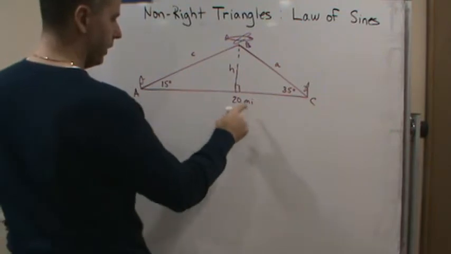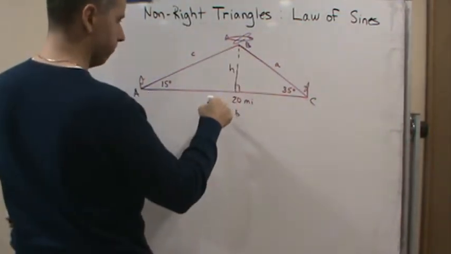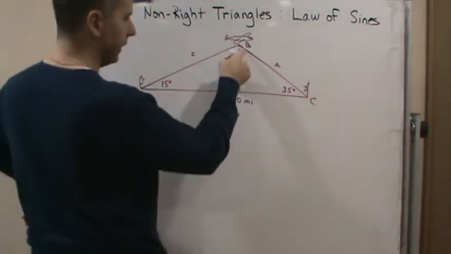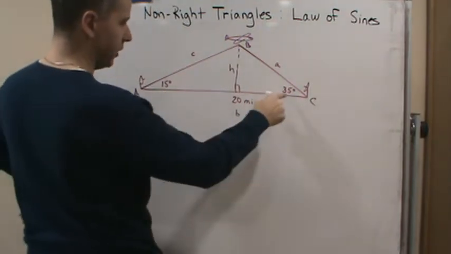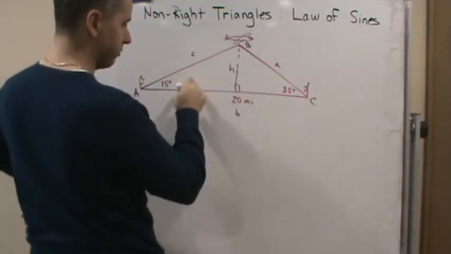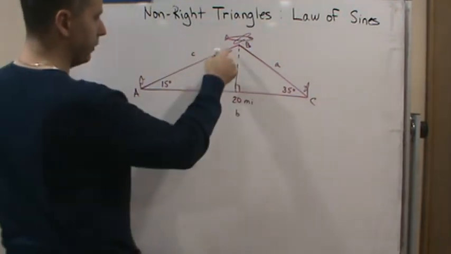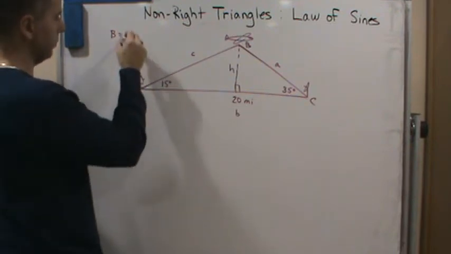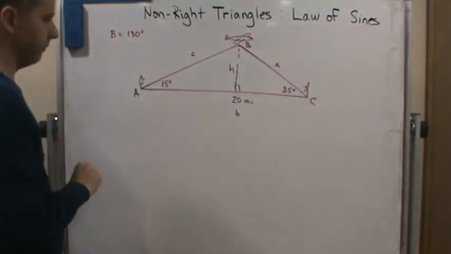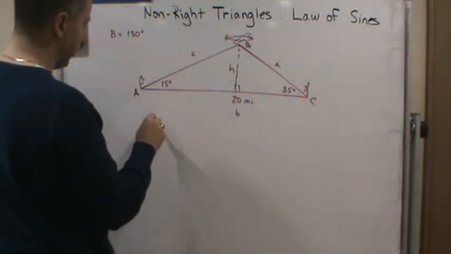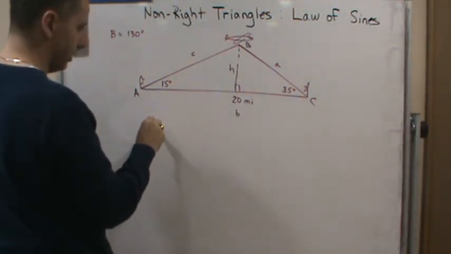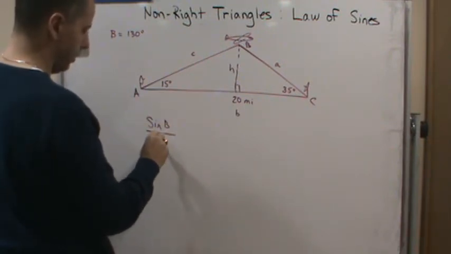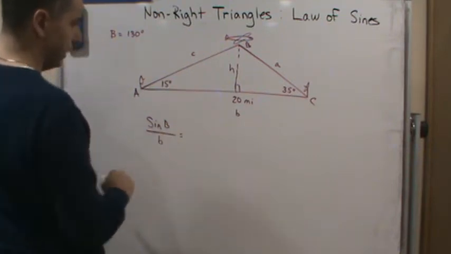Okay, so we know this, and immediately we can get this angle here. So this is 15 plus 35, which is 50 degrees. And so we know that angle B, let's write this over here, angle B is equal to 130 degrees. So now we know that the ratio of sine B over b is going to equal